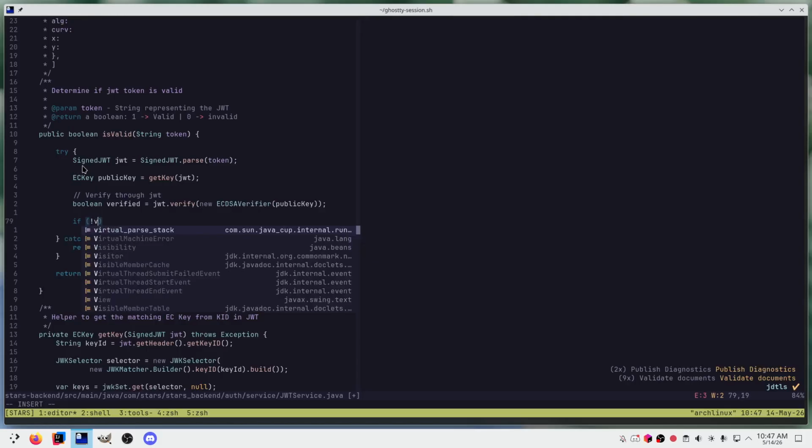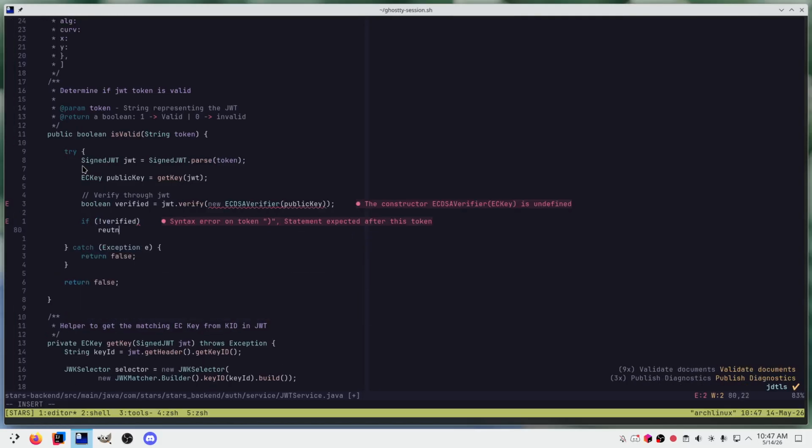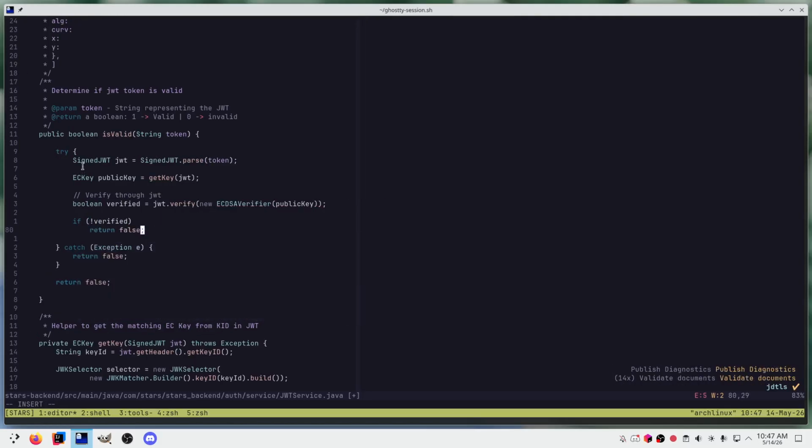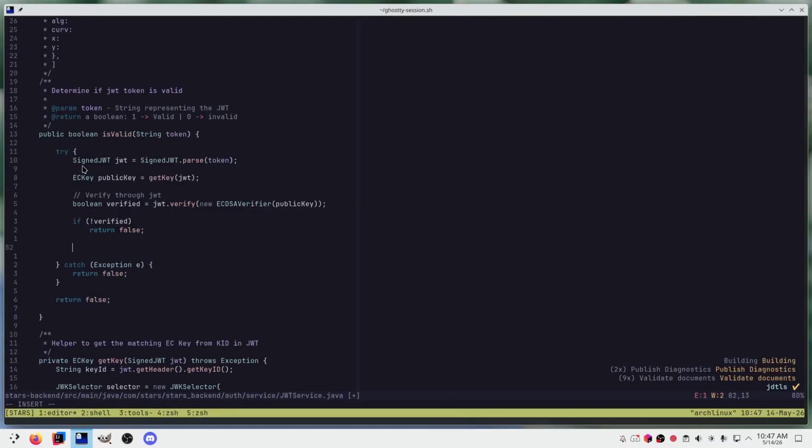So basically, if it's not verified, right, what do we want to do? We want to return false, right? Now, there's a possibility where it is verified, right? But again, JWTs have an expiration date on them as well. So in the case that the JWT is expired, we want to say that it is not authenticated as well,